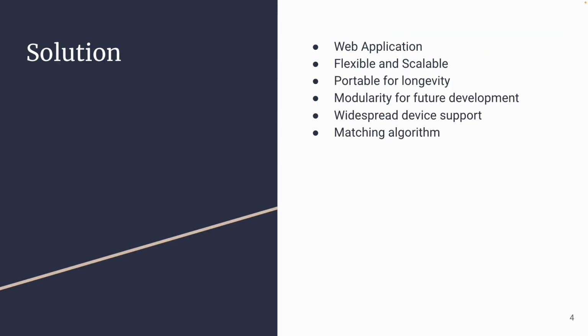The solution that we came up with for this is a web application. It is very flexible and infinitely scalable. It's containerized, so in theory it can be scaled up to serving millions of requests every second. It is portable for longevity. Again, the containers make it flexible enough to be deployed in different environments, so if Penn State moves from AWS to Azure, Azure to GCP, or to on-prem servers, from Linux to Windows, it should all support the deployment.